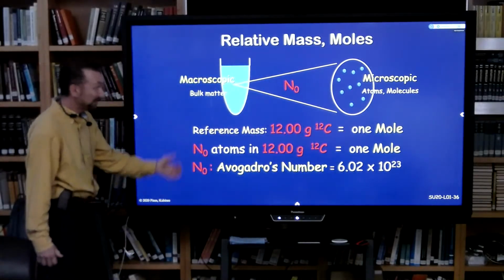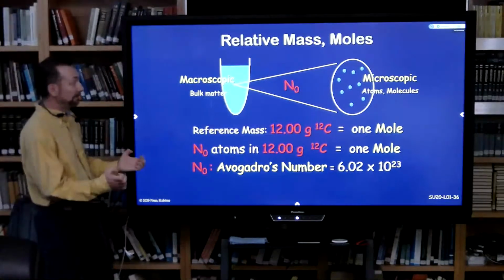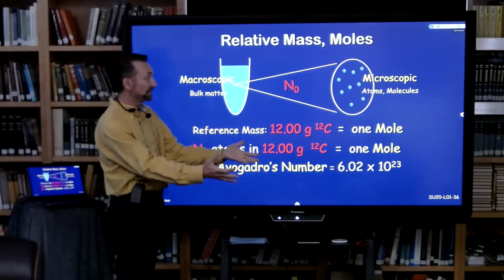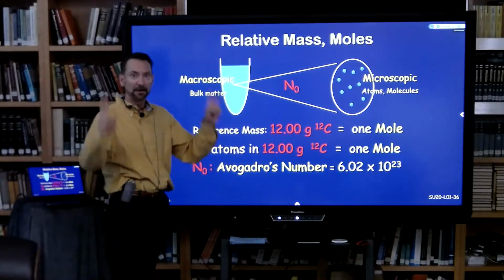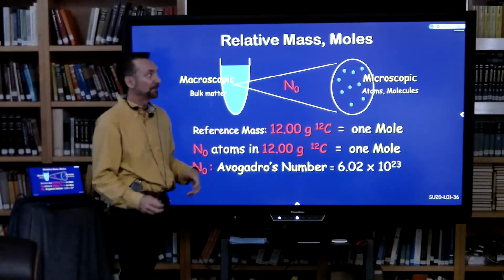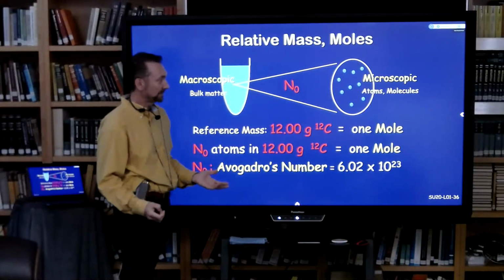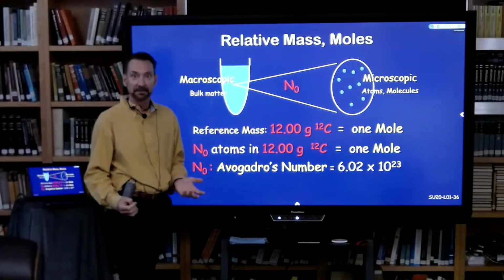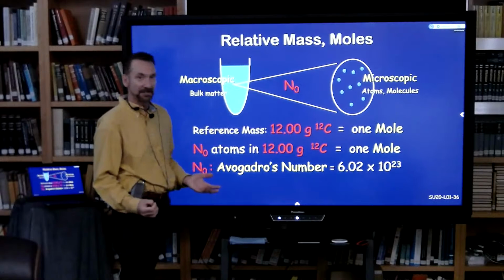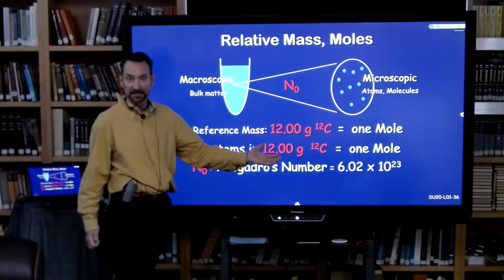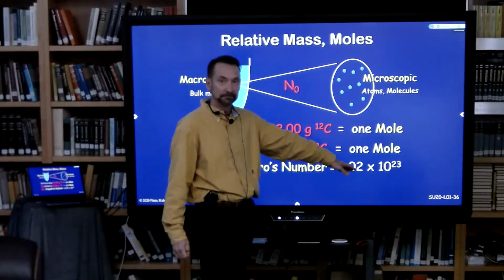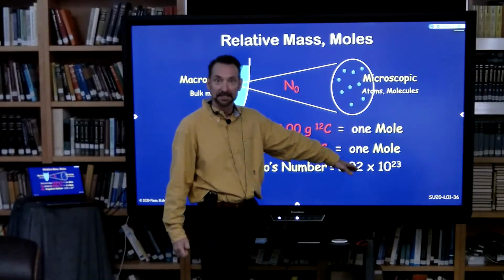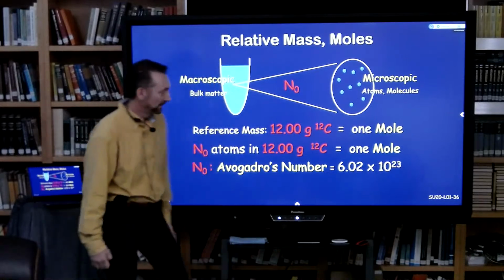Okay, so that's a relatively straightforward concept, but in some presentations in chemistry books, it just ends up confusing people. It's called the mole concept, but because you call it a mole concept, that somehow makes it something that you have to learn from scratch. You don't have to learn it from scratch. It's just the relative masses, and you put stuff in boxes or moles, so it's easy to make sure you have the same number.